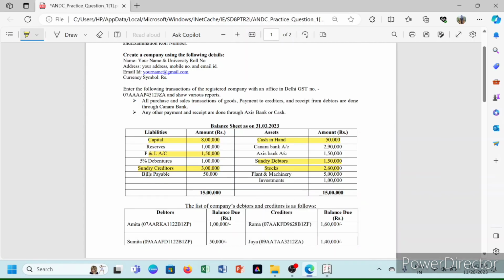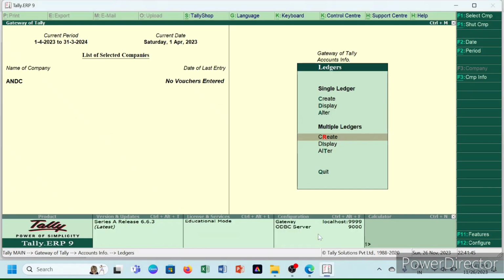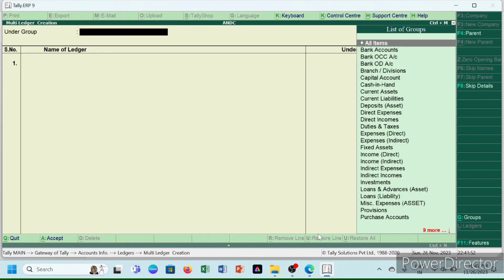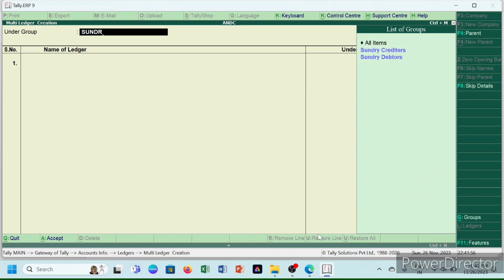All the information is being put except sundry creditors, stocks and sundry debtors. So let's start. Again we will go to multiple ledger and create, press R, and for now we will select the sundry creditors. Okay,